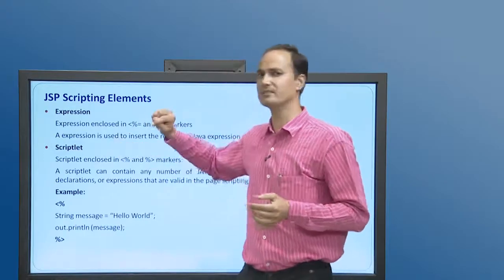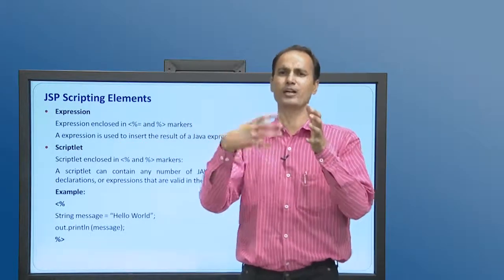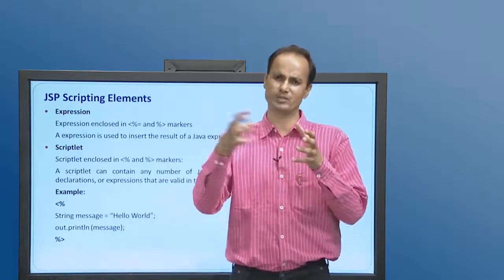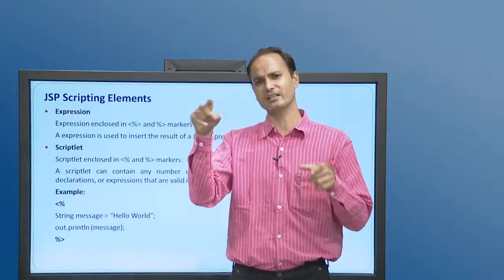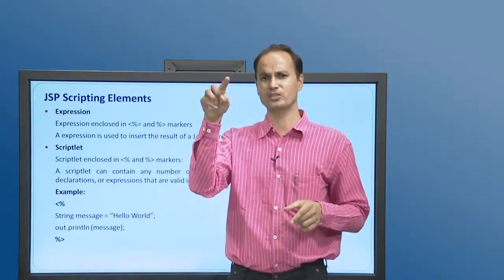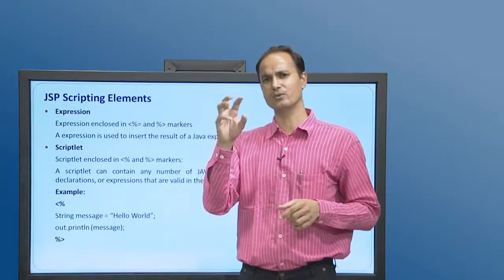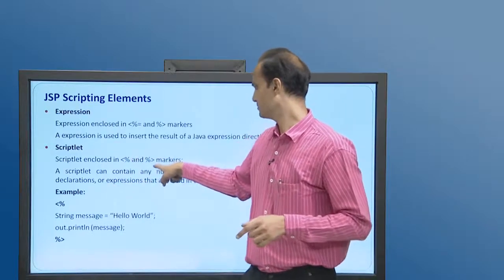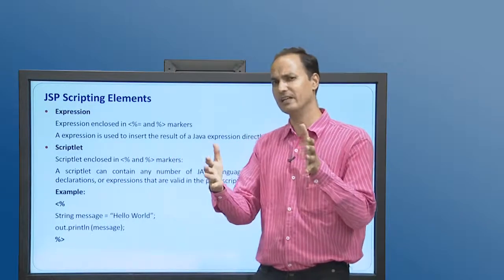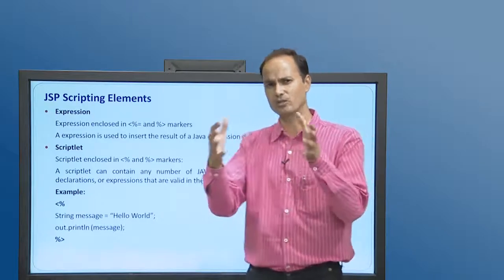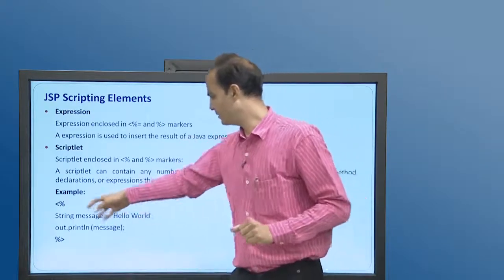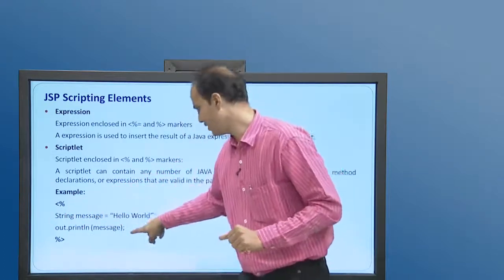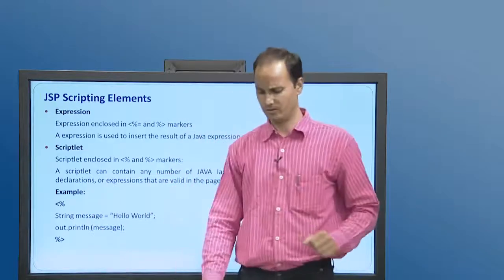Then scriptlet is there. Scriptlet is the block of code where you will write your logic, in short. Where if you want to write a for loop, if you want to write certain processing, then write everything in a scriptlet block. It starts with a less than, percentage, write your code, and once again if you want to close it, percentage and a greater than sign. See here. This indicates a logical block of lines of code. Okay, see the example. Here we have mentioned scriptlet starts, we have variables, we are printing the value and closing the scriptlet block. So, this way.